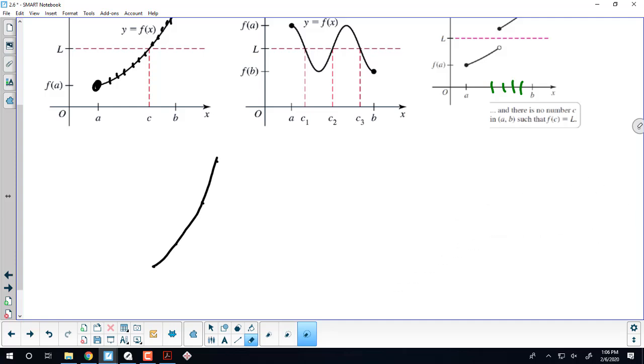We're going to be given a function, and we want to know, does that function ever equal a certain number on a particular interval? So an example of that,